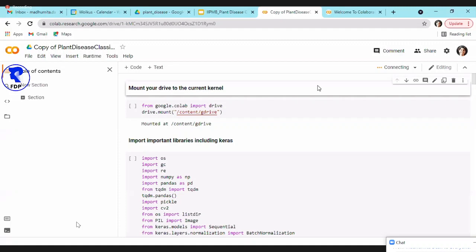Sometimes, because this is on the basis of queue and priority, a lot of people use Google Colab. So sometimes it won't allocate you a GPU because it's free of cost. So you might have to sometimes go back and forth. That's why I said add it to your G Drive, because then you can run this single code and the data will be available here.